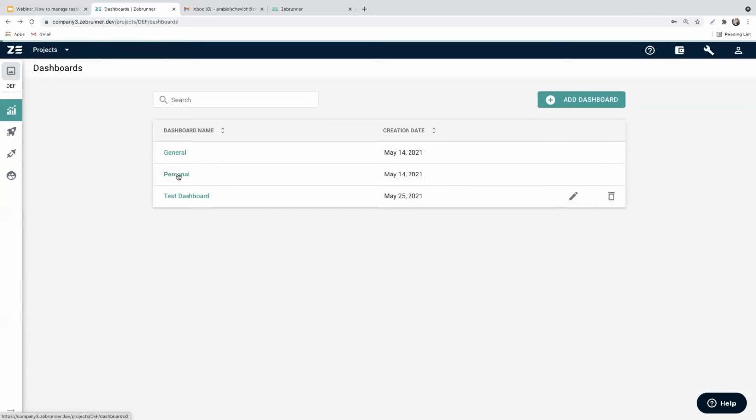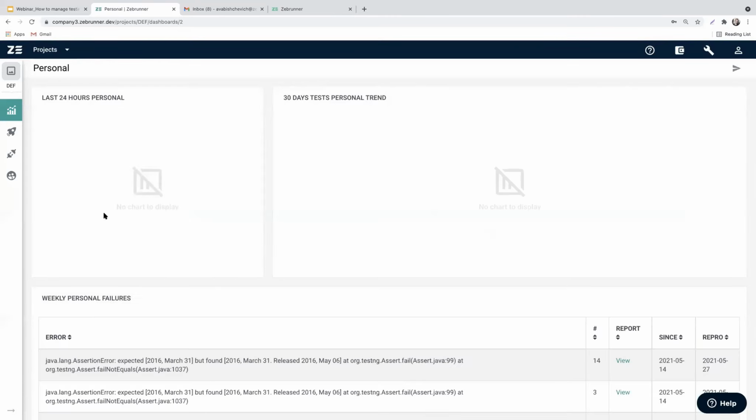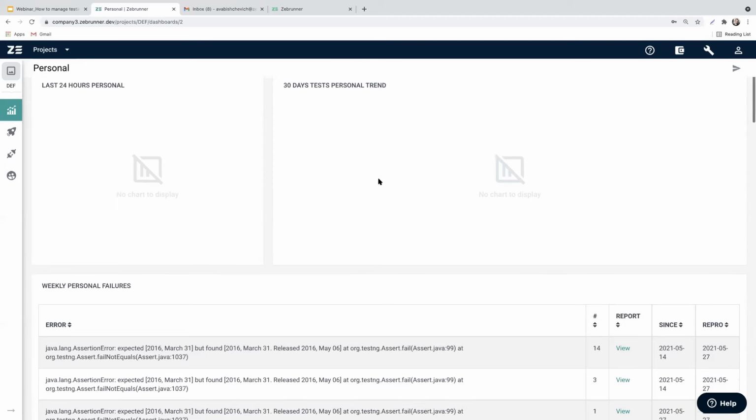And we've got the personal dashboard. You see, there is no information within this dashboard as for last 24 hours personal or 30 days test personal trend. That's because I, as a user, haven't yet performed any tests via our test automation framework. We are via agent. So as soon as you integrate, you'll be able to see the information here, but still